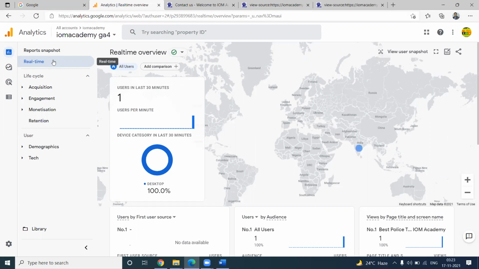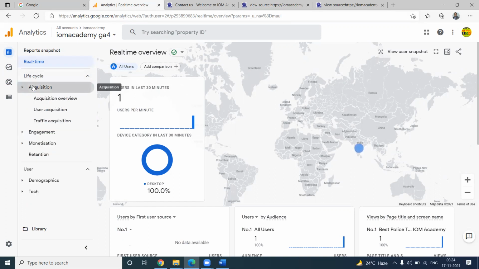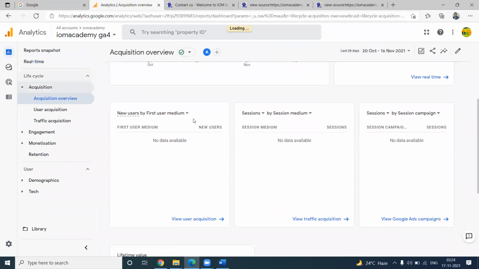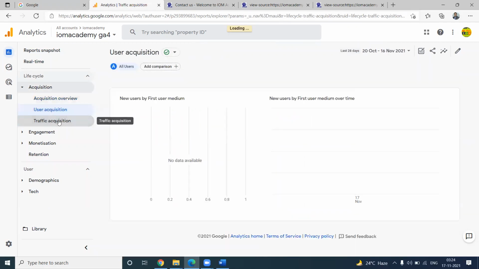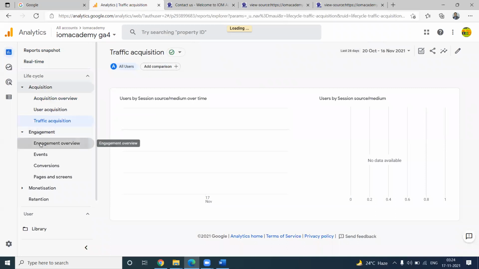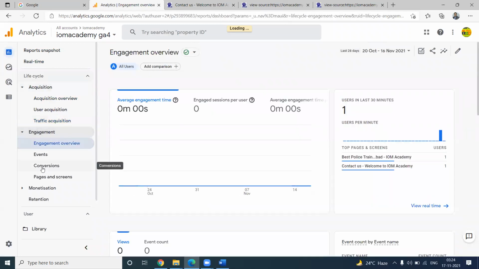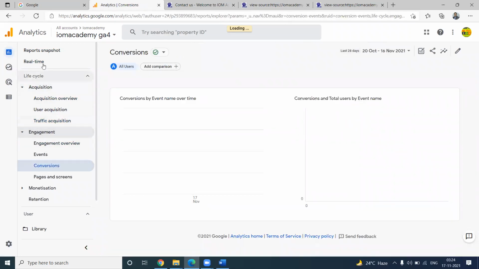So a new user may find GA4 a little bit tough to understand. But when you understand everything, it is very clear for the users. Real time is common, acquisition overview is common. There it is only for one day. They do not give the proper report. User acquisition, traffic acquisition, engagement overview, and conversion are all there.